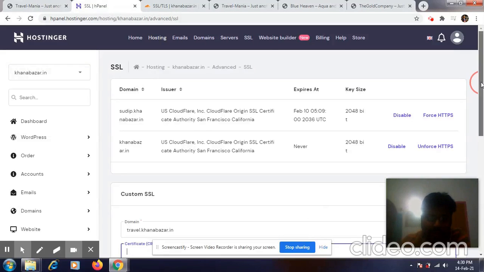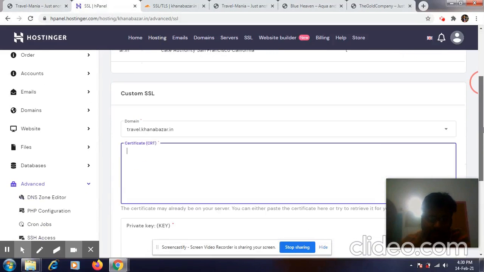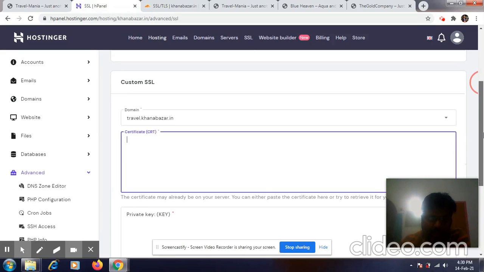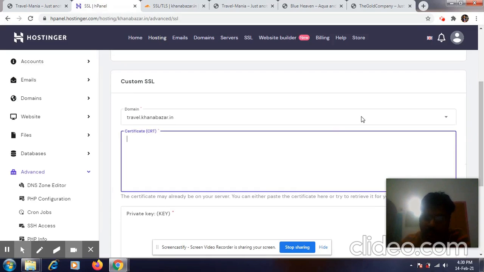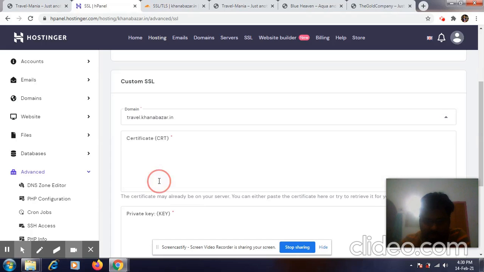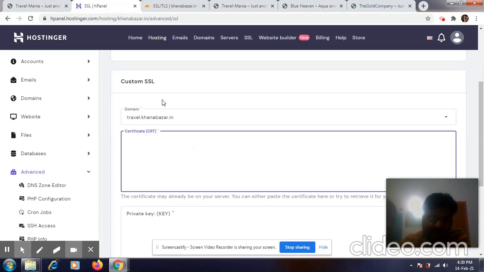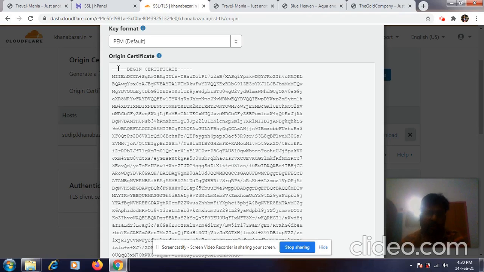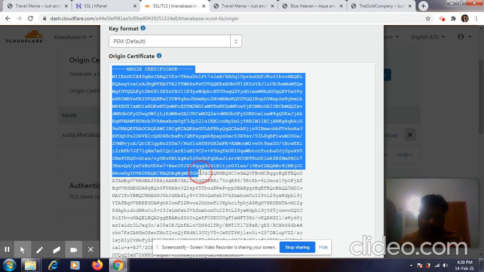As I can show you, you need to select the domain, which is the subdomain itself, where you want to install your SSL key. In this case my subdomain is travel.khanabazar.in, so I need to select that, and after that select the origin certificate.